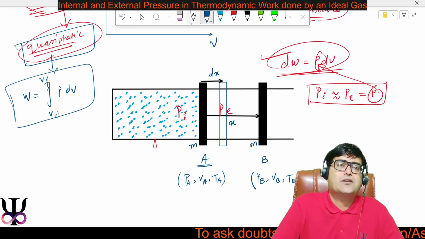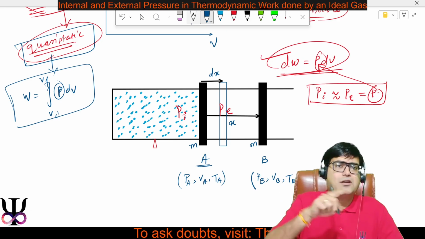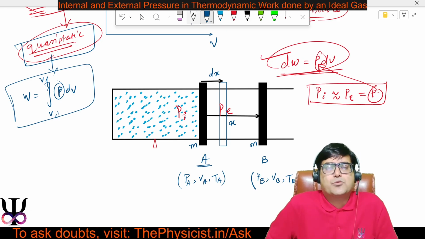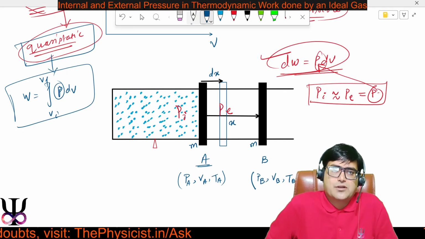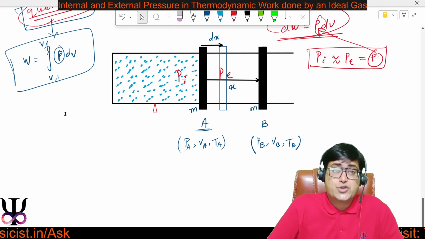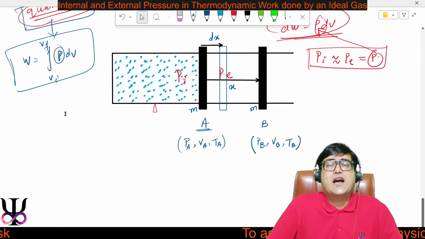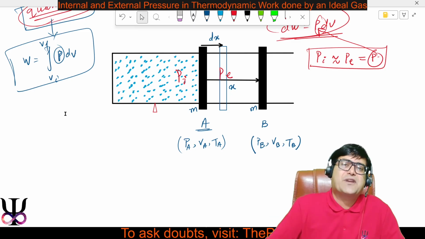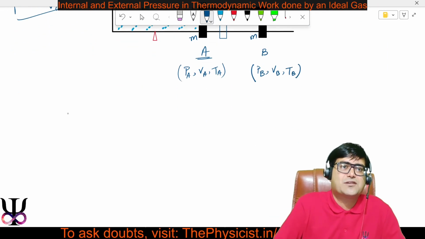That's it. If the pressure is given either as internal pressure or external pressure, it doesn't matter. They will be almost the same if it's a quasi-static process. Clear? Now, if it's an isothermal process, understand,